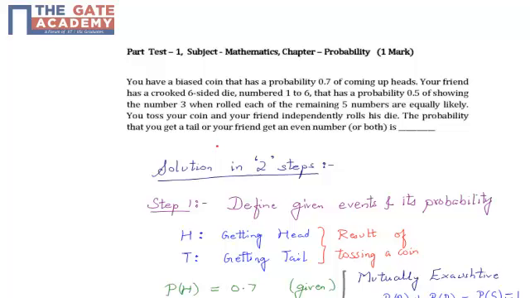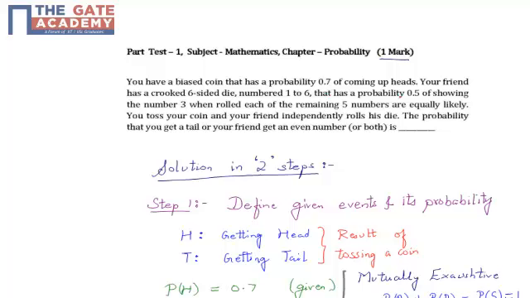Hello students, the following question is from part test 1, subject mathematics, chapter probability, and the question is asked for 1 mark. Question is, you have a biased coin that has a probability of 0.7 of coming up heads, that is, probability of head is equal to 0.7, and your friend has a crooked 6-sided die numbered 1 to 6 that